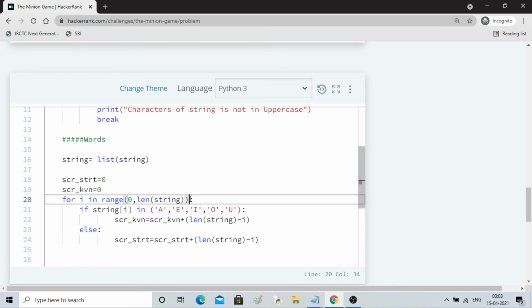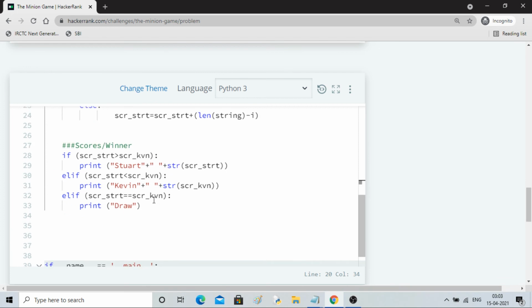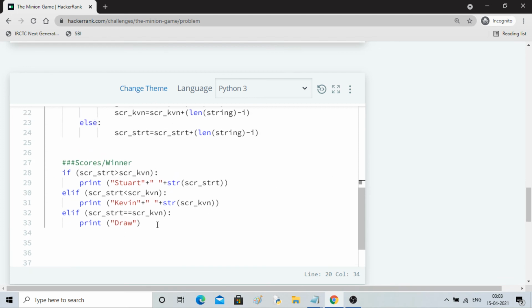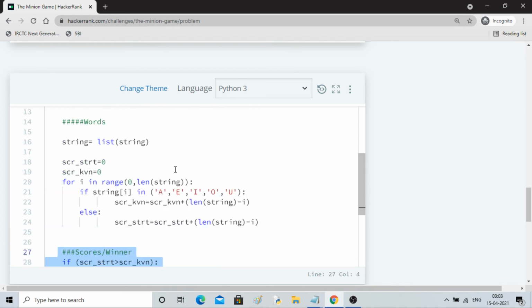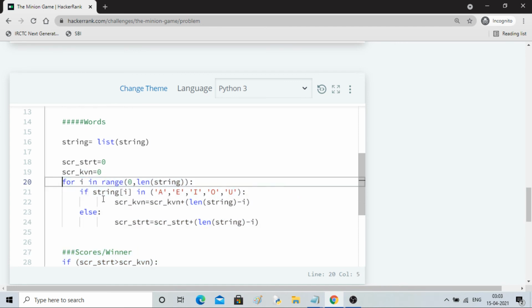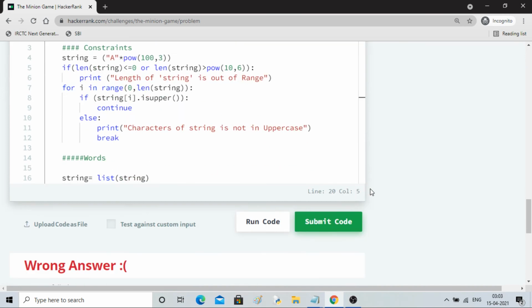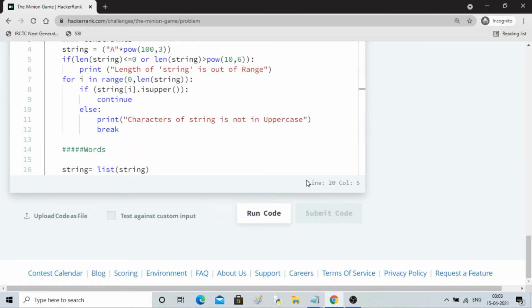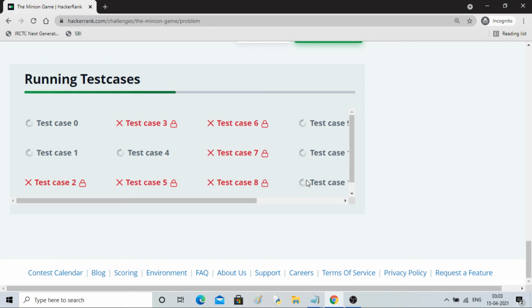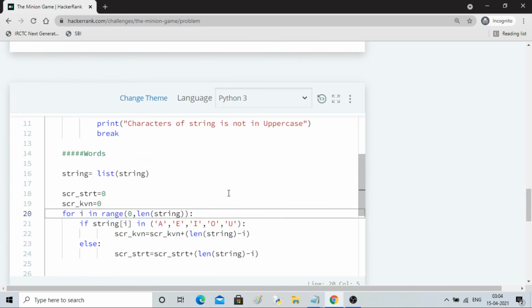I think it should work because one for loop is allowed, right? Okay, I think I've made it correctly. So this part won't take a lot of time, only this part will take. That too is a for loop, will check according to string position only. And yeah, that's it. Let's submit it. I'll show you the test cases as well so that you will get a better feel. Am I printing something?